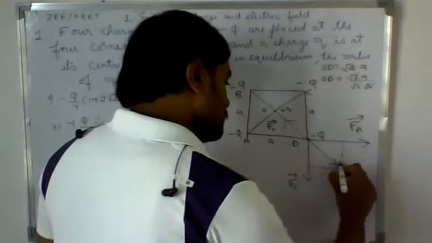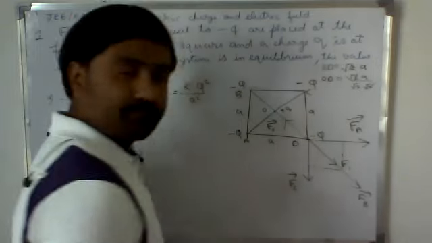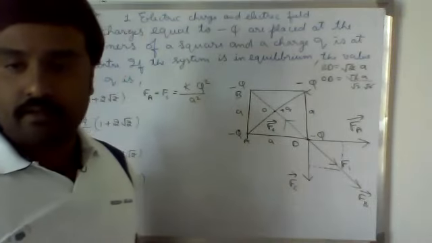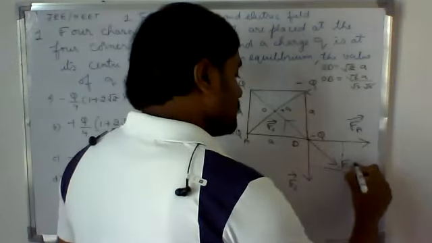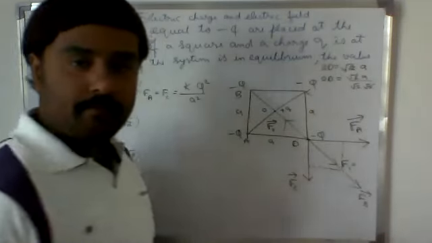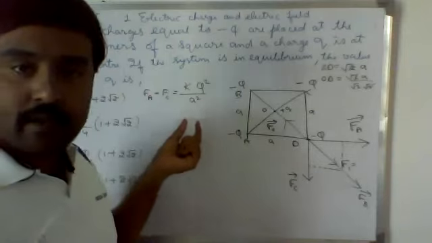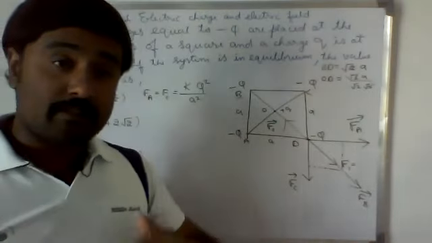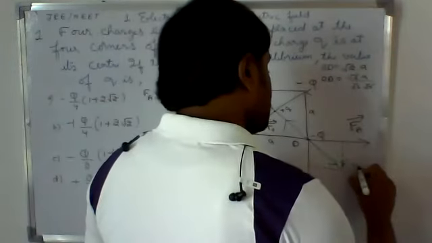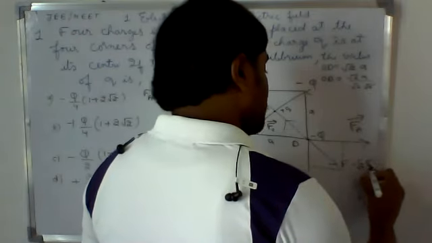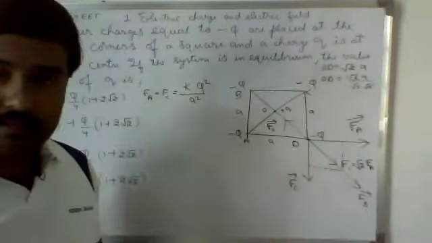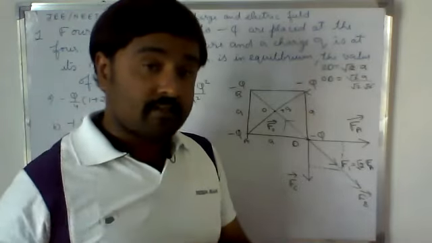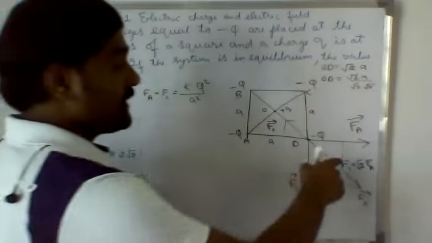Okay, let us consider that one as F1. So F1 is the resultant of the FA vector and the FC vector. What is the value of F1? That is root FA square plus FC square, and here FA is equal to FC. So root FA square plus FA square, root 2 times FA square, that means root 2 FA. So F1 is root 2 FA. FA is equal to FC, that is why root FA square plus FA square, root 2 times FA square, root 2 FA. That is the value of F1.